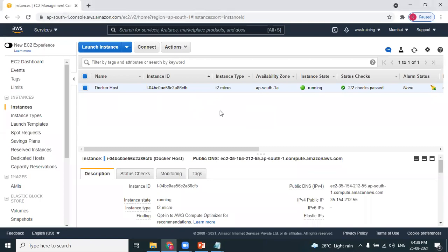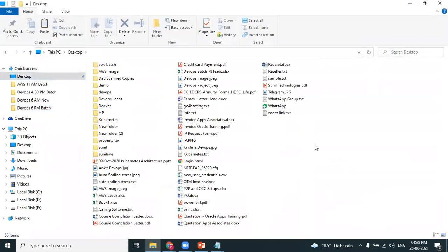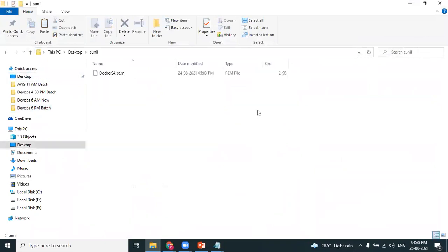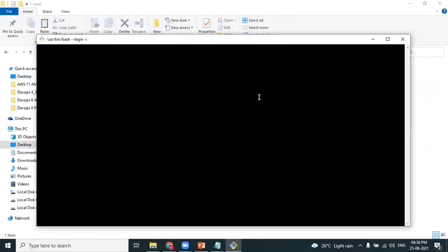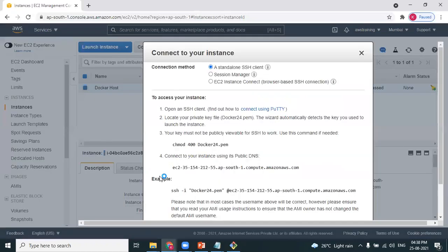Let's move on. Let's connect to the Docker host. This is the PEM file. Pick up the SSH command.